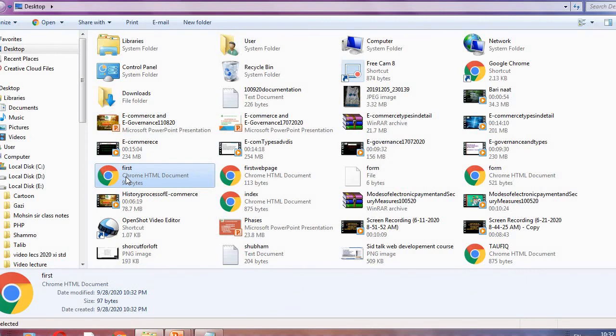Now when you save it with the extension .html, it converts into a web browser file. It understood that this is an HTML code, and the web browser icon has appeared. Now you have to double click here.